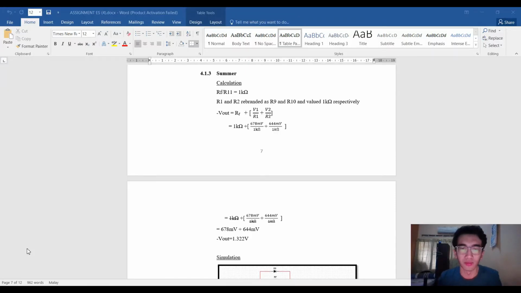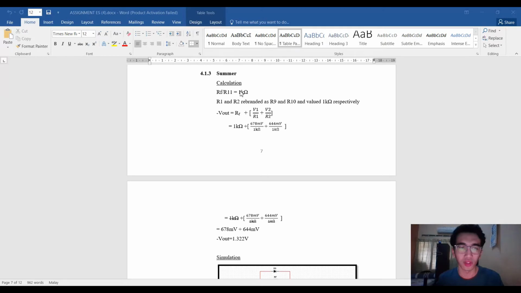Assalamualaikum, and my name is Muhammad Arif Amir bin Zulkifli, and I will be taking over for the summer amplifier circuit. The purpose of this circuit is basically to combine the voltages of many inputs into one output voltage. In this case, it is two inputs from the outputs of the Wien bridge oscillator that were previously shown by Nelly and Shahira.